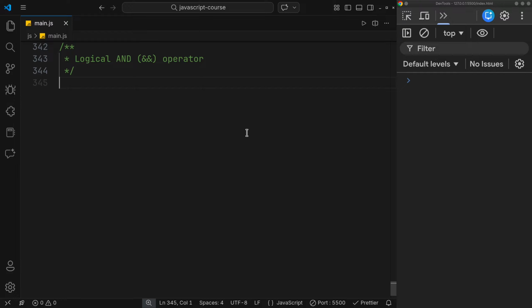Until now, we have been working with just simple conditions, right? But what if you want to work with multiple conditions at the same time? Then you have to use the logical AND or the logical OR operator. In this video, we will discuss the logical AND operator, and it is denoted by this double ampersand sign. So what we have to do, we can do console.log, and then we can do something like a condition 1,